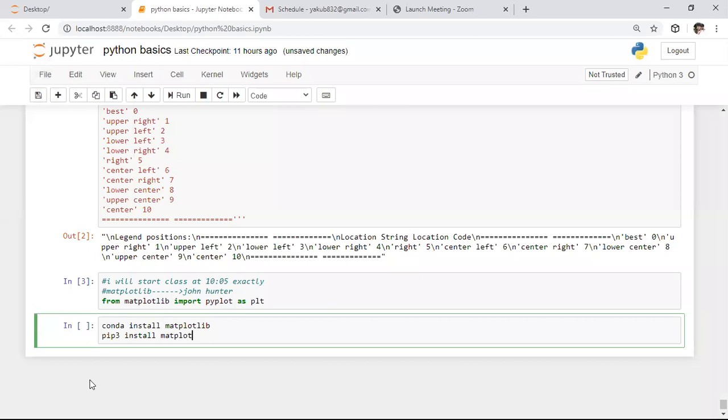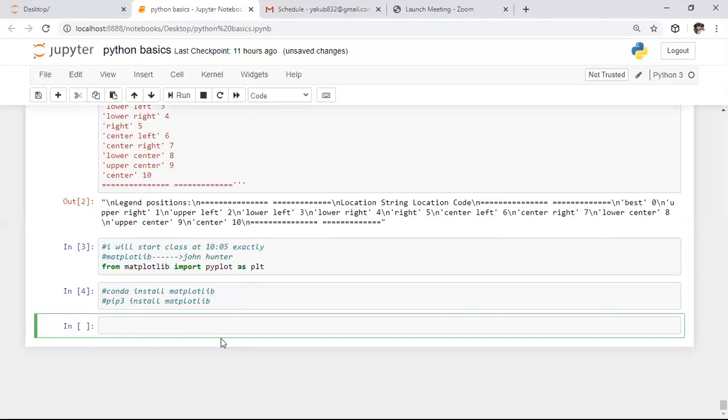These two are the commands to install this library on your laptop: one for Anaconda, and one for Python IDLE.